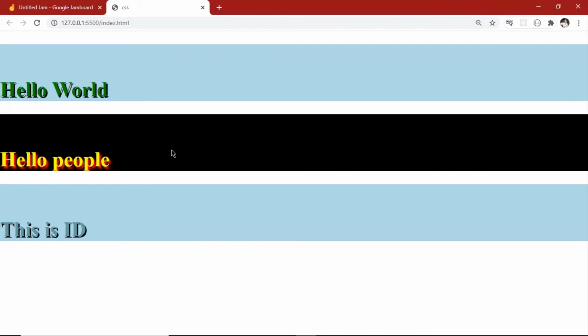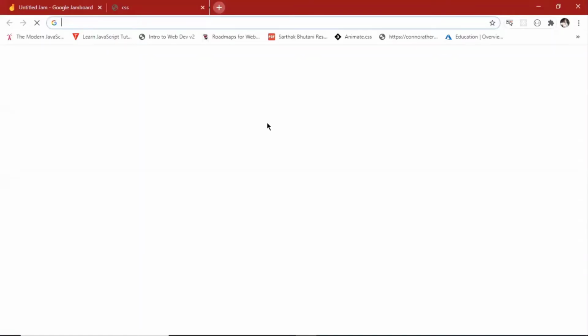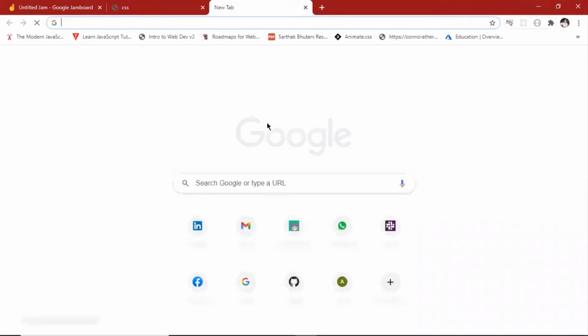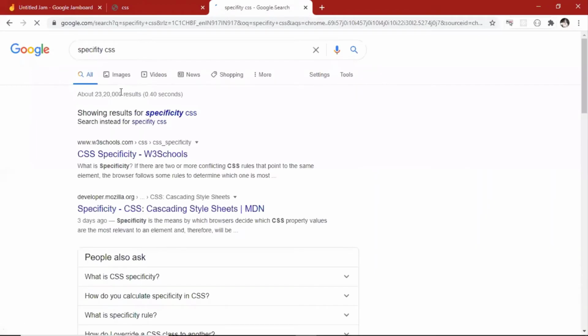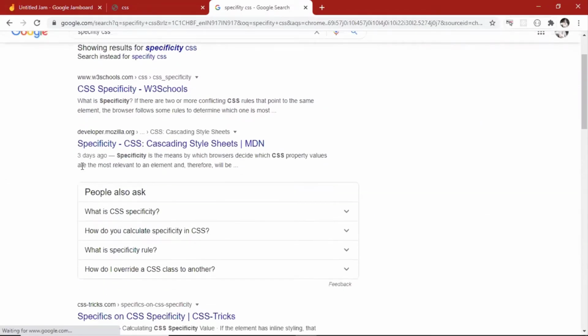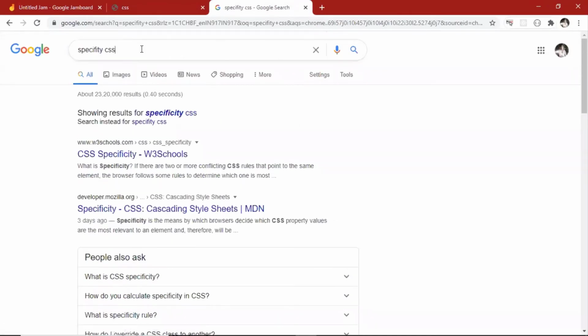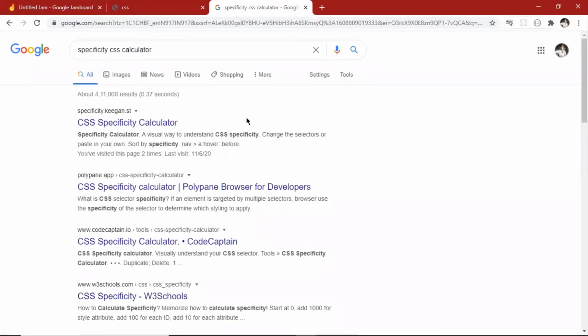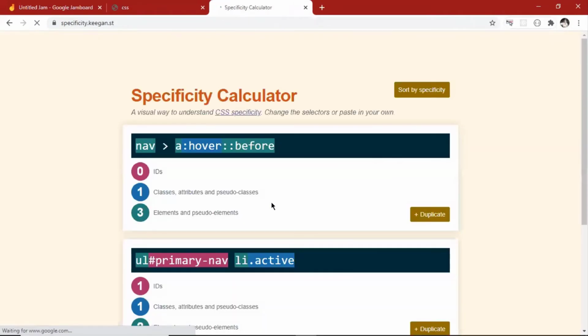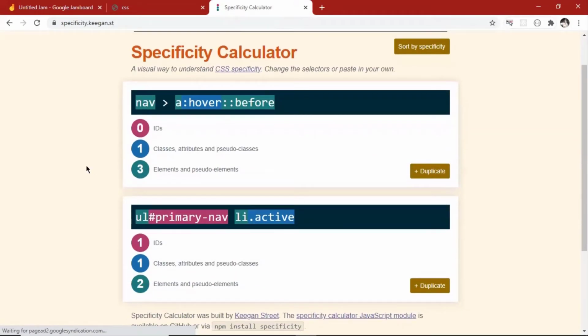Another thing you have to keep in mind is the specificity. To help you with the specificity, there is a thing called the calculator. Let me show you. Right now it is very simple, because whatever you are seeing is very simple.